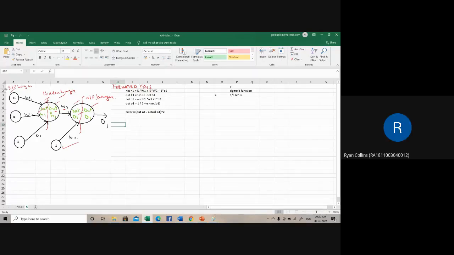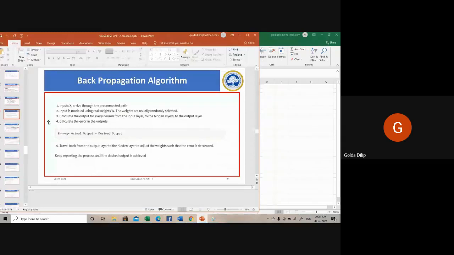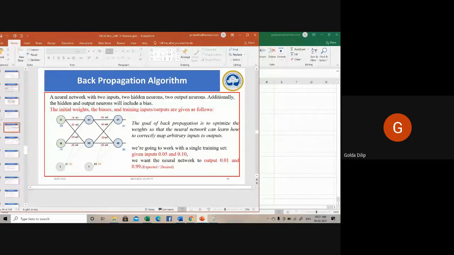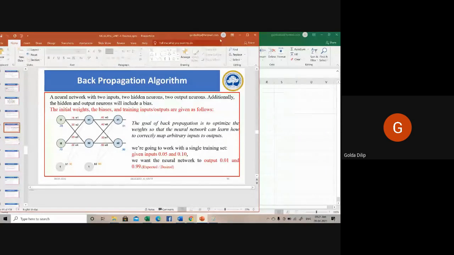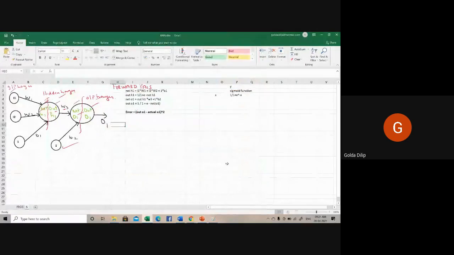Ma'am, why sigmoid, ma'am, not softmax? You have many activation functions, I think 3 to 4. I told you in the beginning also, we are not going to take it up in depth. I don't know how many of you have done the elective neuro-fuzzy and genetic algorithm. There you would have taken up neural networks in each unit and learned in depth. From the examination point of view, the problem being worked out here has taken up the sigmoid function, which is one of the most popular activation functions or transfer functions. That's the reason I have taken up the same and am not going into the other ones.